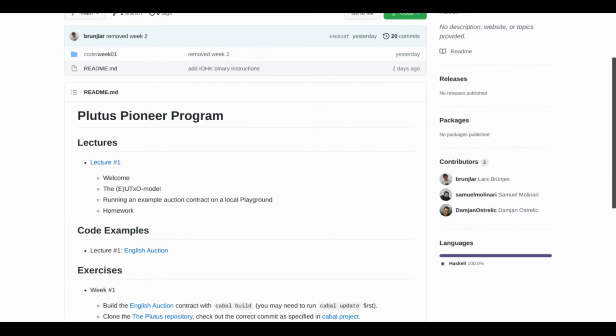So it's going to be really interesting to see what Lars chooses to teach the students in terms of Haskell. Like, what are the most important parts of Haskell that he wants people to know as they go through this course? And obviously he's going to spend a lot of time working on the Plutus specific pieces. So I'm really looking forward to that, to see where I should be focusing my own Haskell studies.